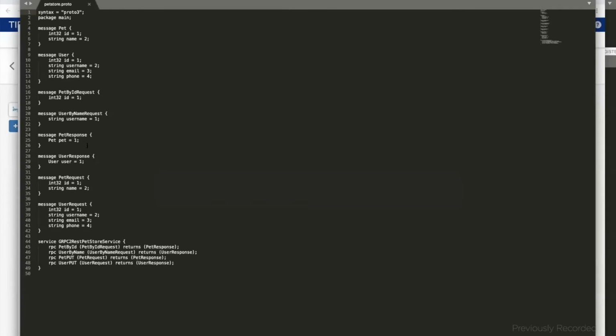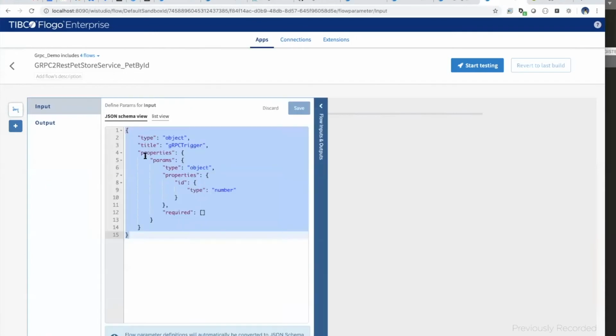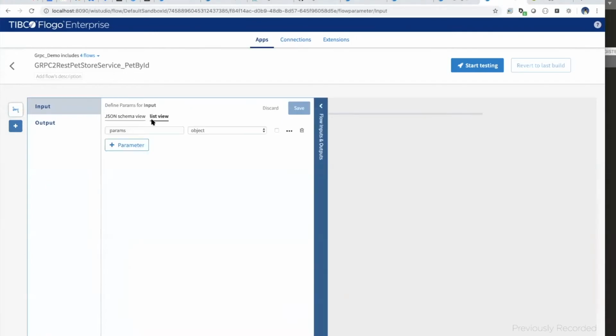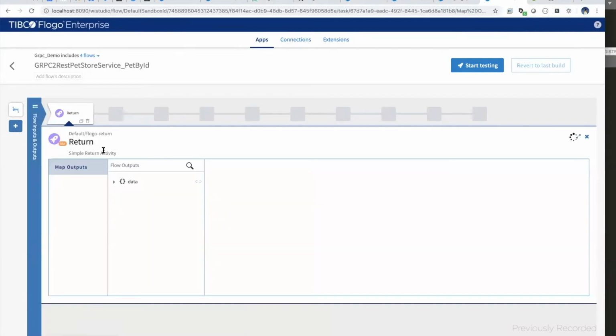Okay, so this is a pretty straightforward protobuf file. You can see that the pet by ID has a pet ID request, and it returns back the pet response. So pet response is pet, and the pet itself has the ID and a name, and pet request by ID has just ID, which is of type integer. So if you go back to the implementations here, we can see this flow input outputs. It just created the ID, which is a number, and the reply is automatically configured to the pet, which is ID and a name.